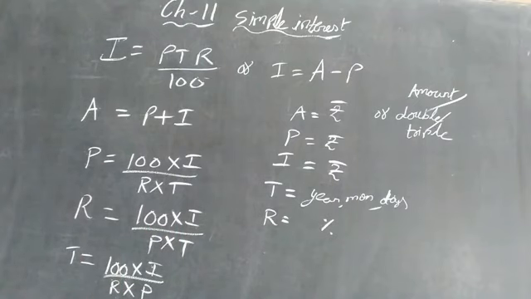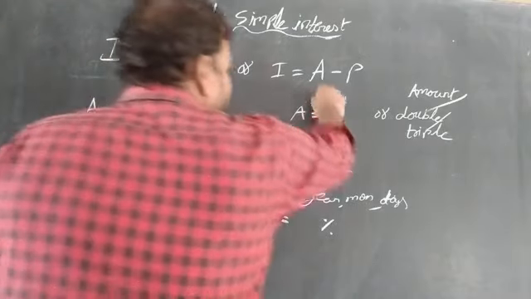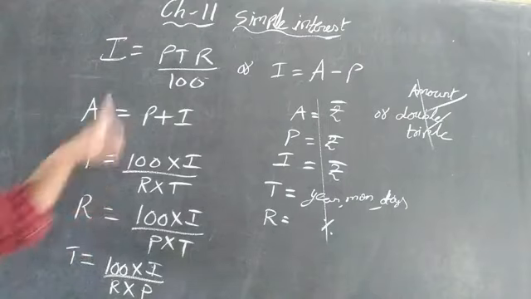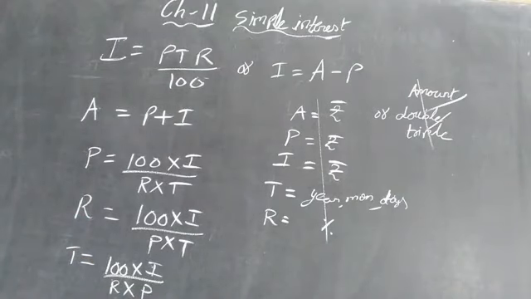These are the formulas you have to copy in your book. These others are not needed, just for reminding. Only these: 1, 2, 3, 4, 5, 6. These 6 formulas you have to write in your CW. Keep the heading of the formulas and write. Here I am starting exercise, first sum. See that one. Sir, okay.